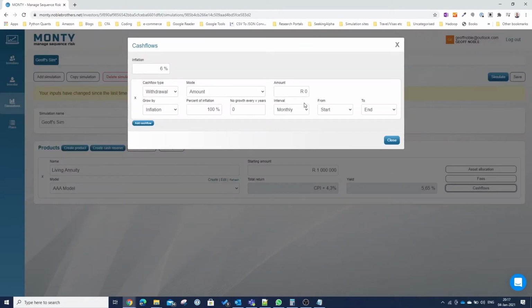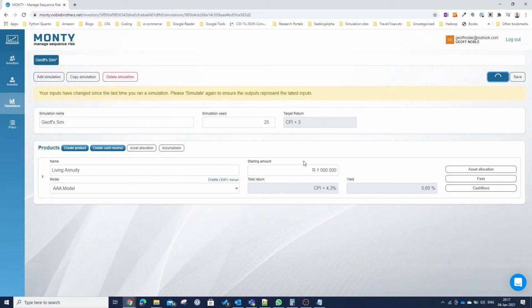Next up, we're dealing with a post-retirement client here, so this client is going to take money out every month. You can put a percentage of the product or the portfolio or an amount. I'm just going to put 6,500 in here. You can grow the amount by inflation every year or a custom growth rate. You can forego growth every X years. You can do monthly, quarterly, biannual and so forth, and then you can put different dates in here. By default it's just from start to end of the simulation. So if we click close in there and we click the simulate button,